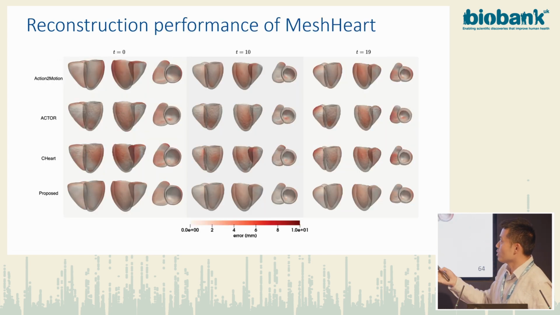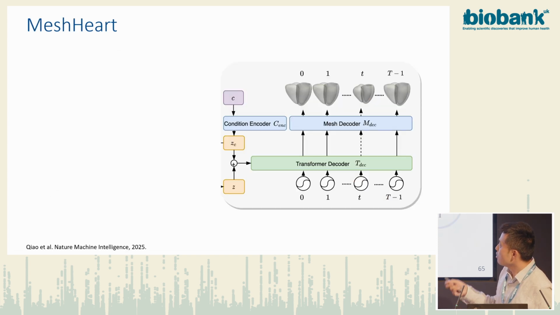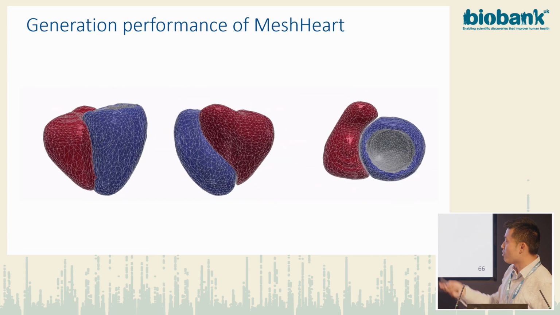Here are some results showing that it can reconstruct the cardiac meshes very well. Also, once this model is trained, we can use it to generate new mesh data, which means we can generate synthetic data. When we generate synthetic data, we only need to use the right-hand side of this model. The only input is this purple block, which is the condition. We just need to provide some imaginary sex and age to this model,